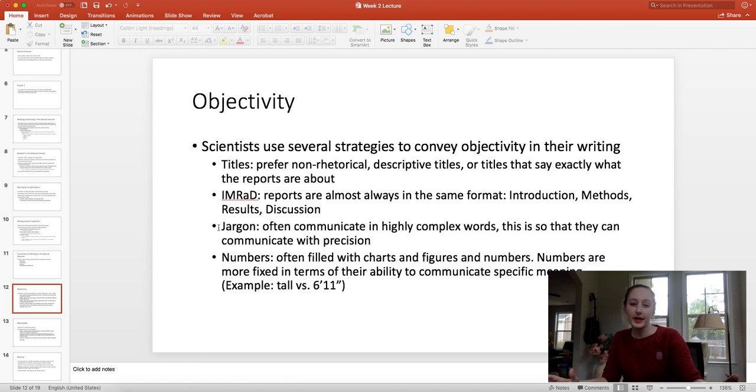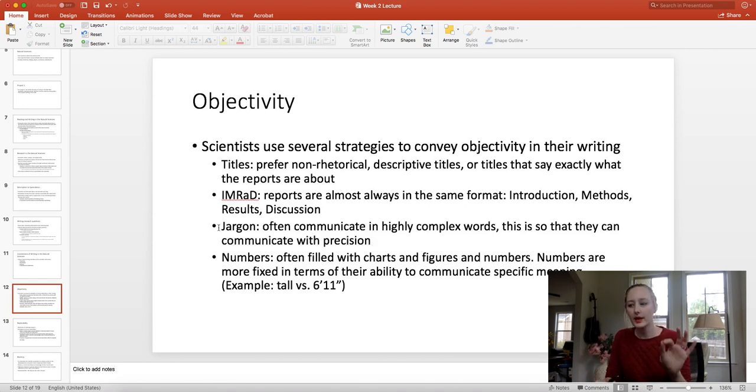Now, if you look at a report in the natural sciences, you're probably going to be confused because they use a lot of specialized jargon. So these are highly complex words, and the reason that scholars in the natural sciences use this is to be as precise as possible. So you'll see the Latin names for, let's say, a rose. It'll be the certain Latin name of that. So they know, okay, which kind of rose. It's very important to be as detailed as possible because of